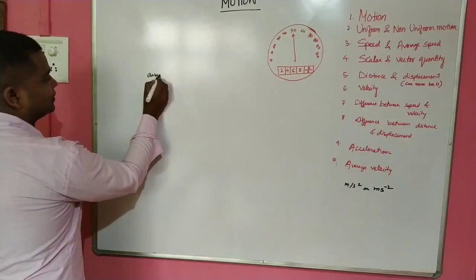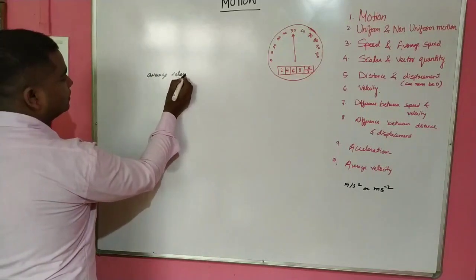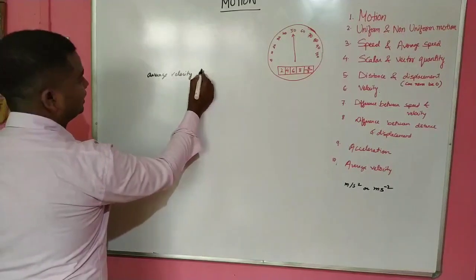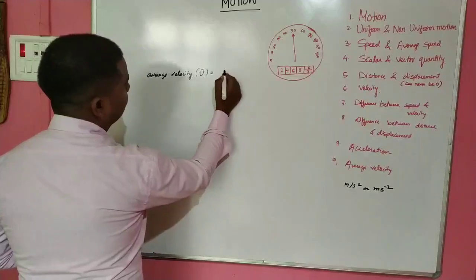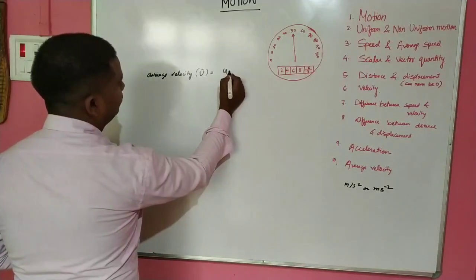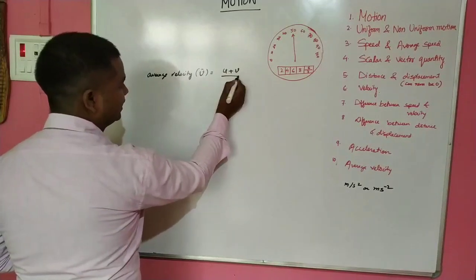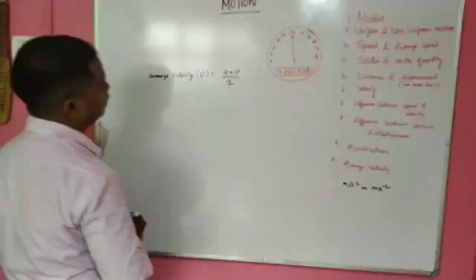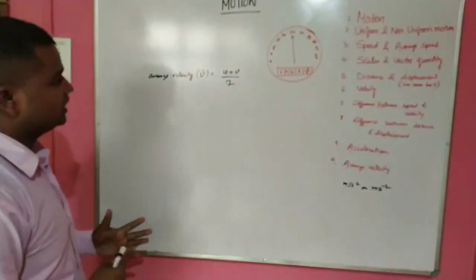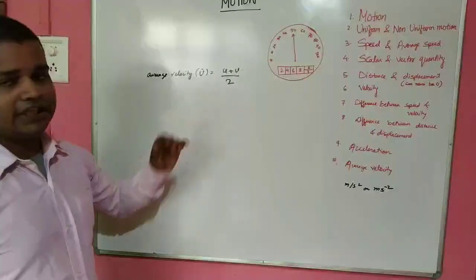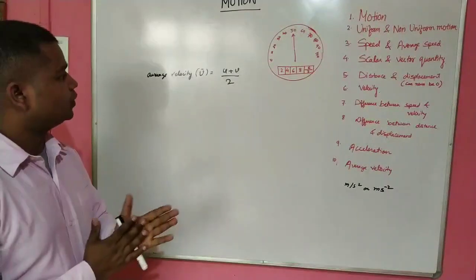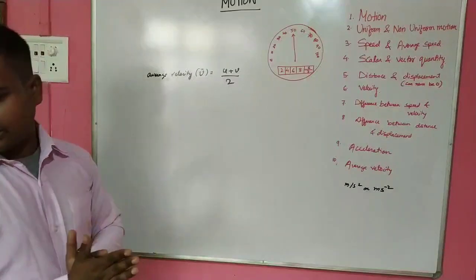Average velocity is represented by v bar, and that is the sum of initial velocity plus final velocity divided by 2. So this is average velocity. Initial velocity plus final velocity divided by 2, or we can say the mean of initial and final